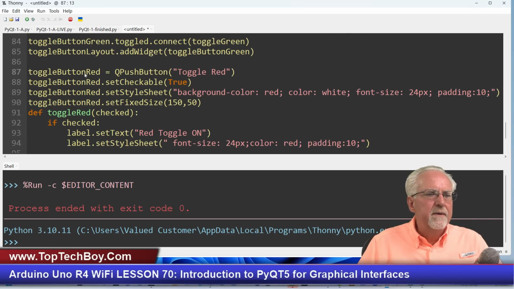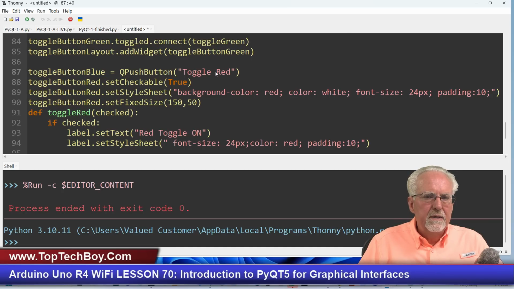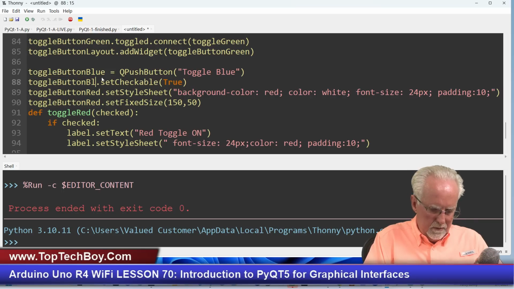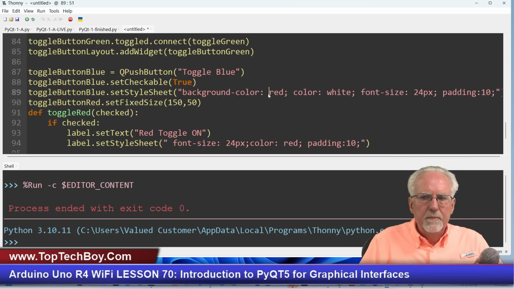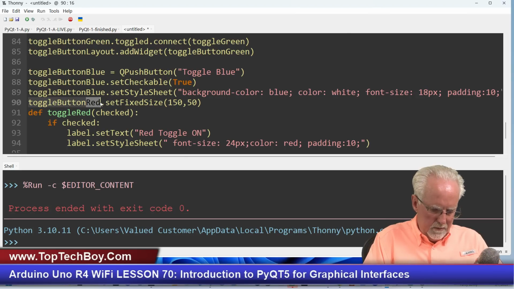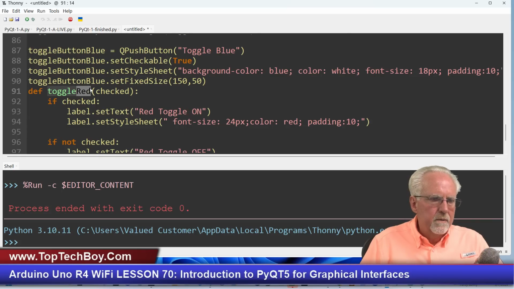And where we have red, this time it's going to be blue. And then this is going to be toggle blue. And then this is going to be blue. And then this is going to be blue. And then this is going to be blue. And remember, we decided 18 was a better size, so we're going to make that 18. And then this is going to be toggle button blue, and set the size, and then toggle red, toggle green, toggle blue. And then we're going to say